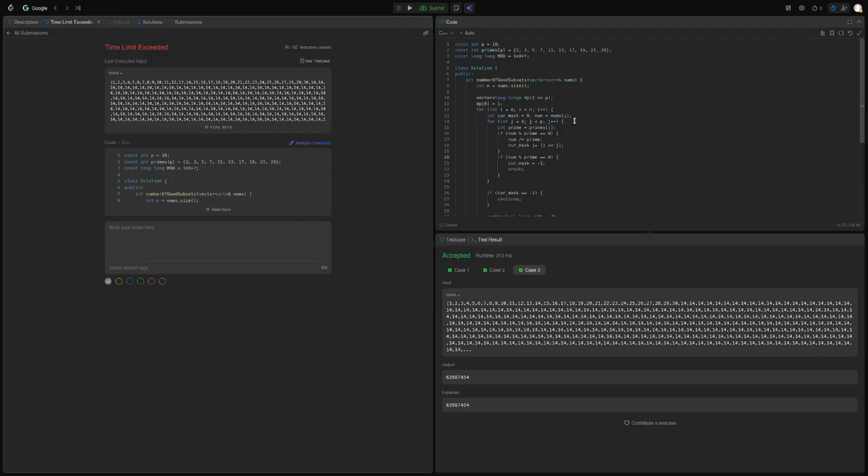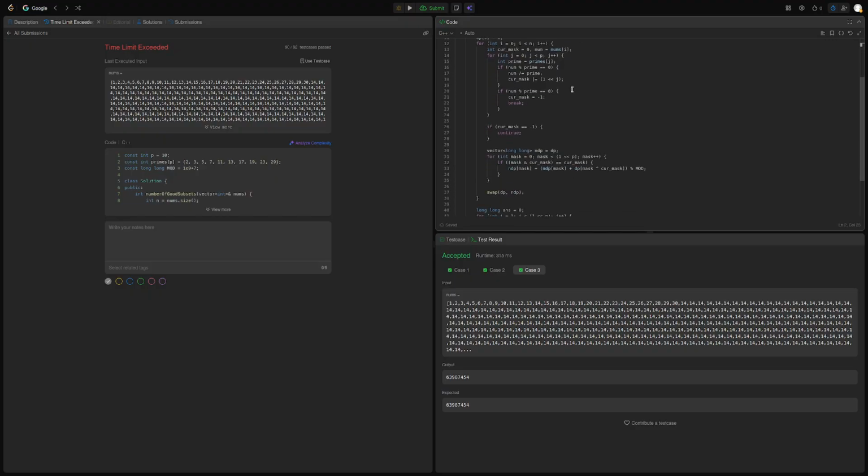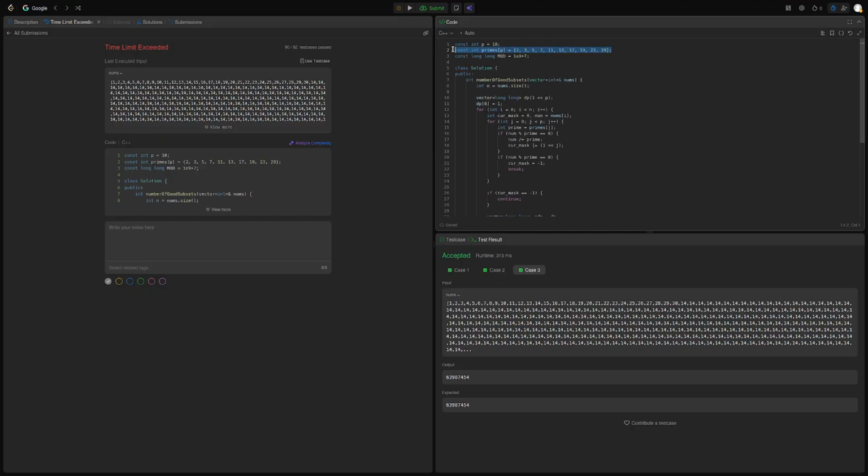There are 30 values and only few numbers that are made out of unique prime numbers. So how I will speed this up is that instead of computing all the primes, because who needs that,